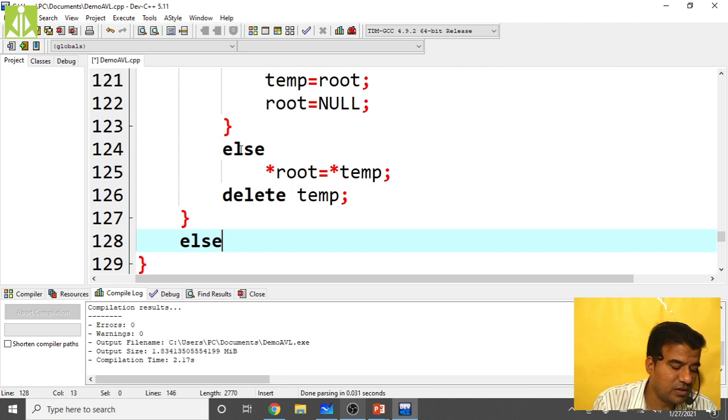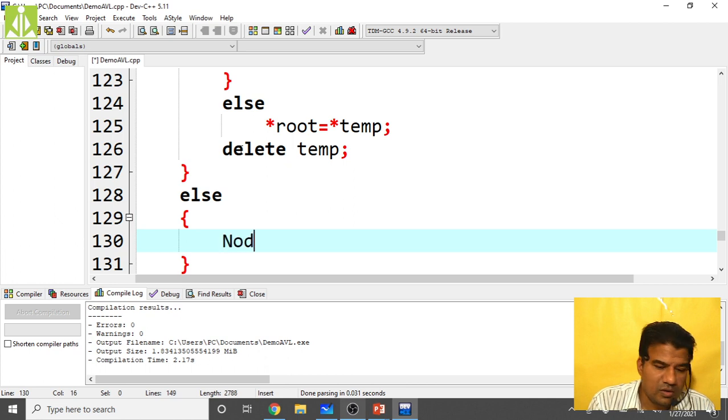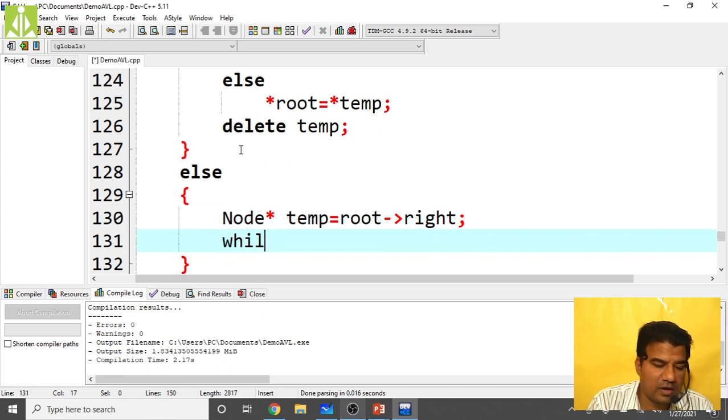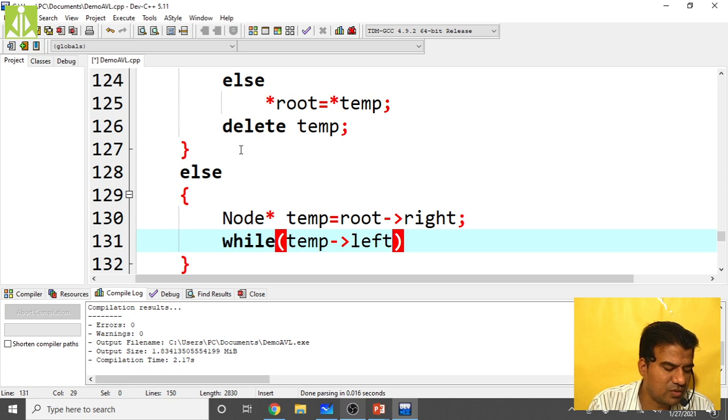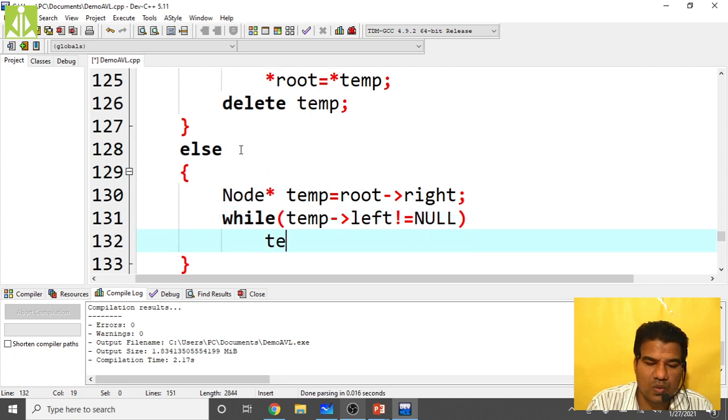In the else part, same thing, take a temporary pointer, make it as root of left. Then while temp of left not equals to null, temp equals to temp of left. Because of this reason they rarely ask this question in your exams, but at least you need to have an understanding of this code.